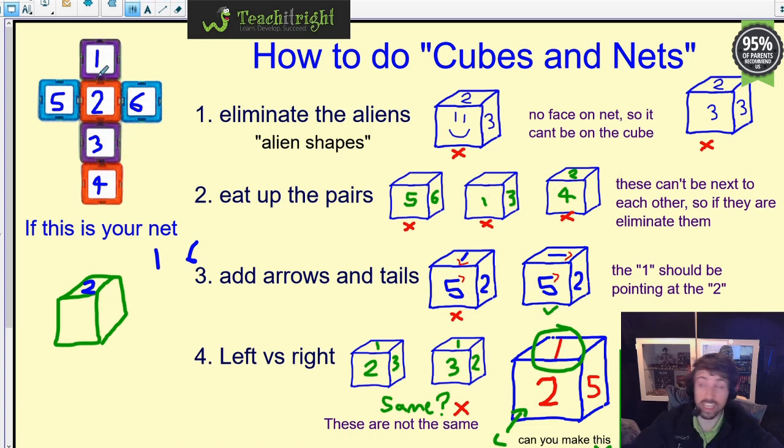The answer is actually no. In order to orientate my shape so that this is on the top, I'd have to look at it from this direction. Can you imagine that? So I'd have to look at it from the direction of the arrow to make the 2 at the top. And that would then mean if I was looking from that direction, looking down, the 6 would appear on my left and the 1 would appear on my right. So the correct orientation to actually make this correct is to have the 1 on the right and the 6